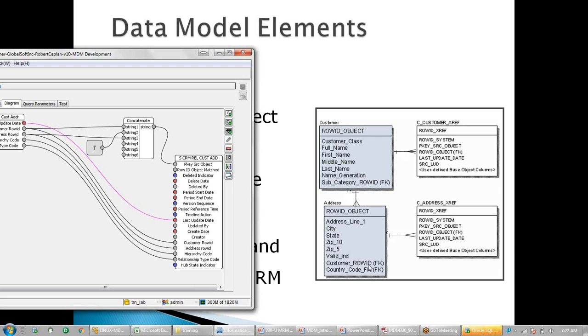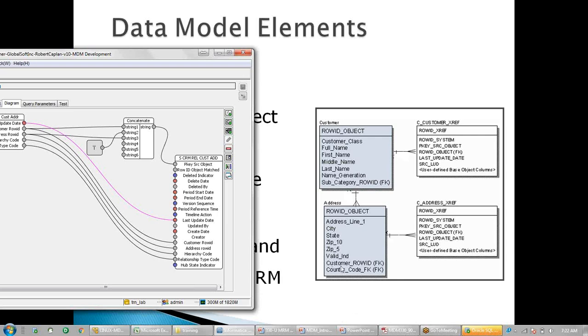Did this answer your question, or did I tell something else? Yeah, still, the address table also will have its own row ID. It will be populated by a separate sequence number. So if you are loading 5 records in the address, there also you will have 1, 2, 3, 4, 5. And if you are loading 5 customer records, there also you will have 1, 2, 3, 4, 5. So both of them will have 5 records. So row ID object will be 1 to 5 and 1 to 5.